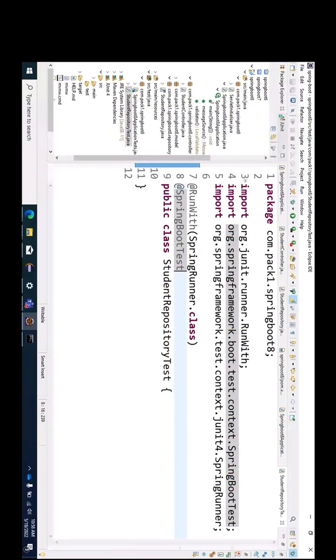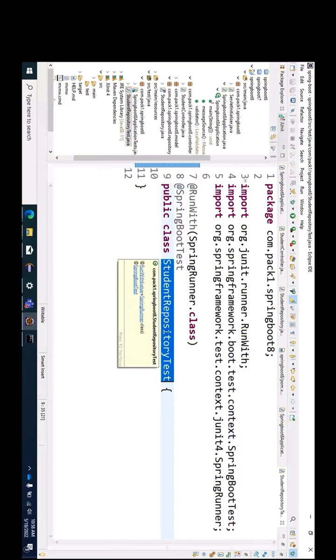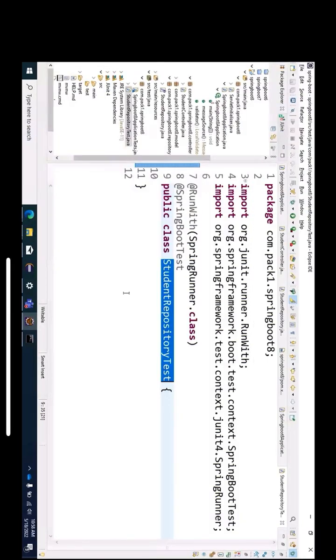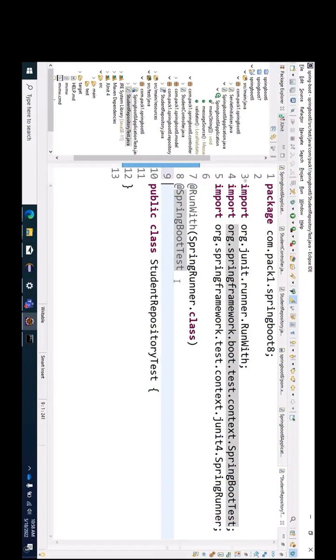Consider this: right now we are going to test which program? Repository. What my repository program is going to do is communicate with all your database information and the application.properties file. But how does my test application know that my DB information is present? So now we are going to load all the context information that I created in my application: the application.properties file, messages.properties file, model class, everything I have created in my application. In order to load all that information into my JUnit, I'm going to provide an annotation called